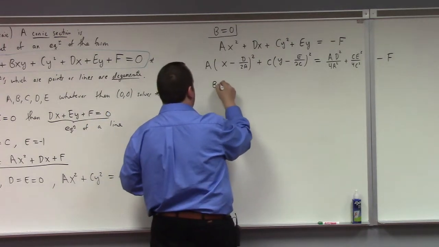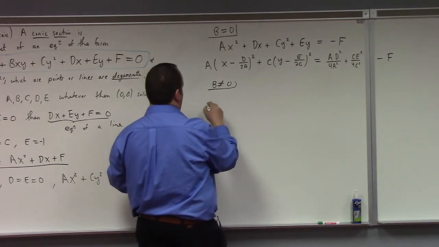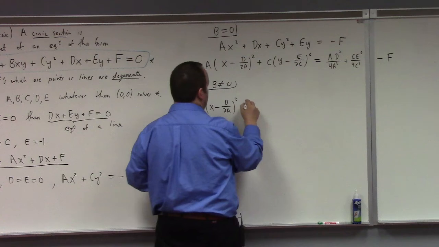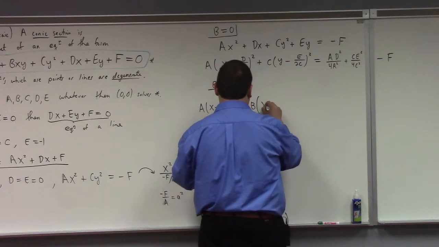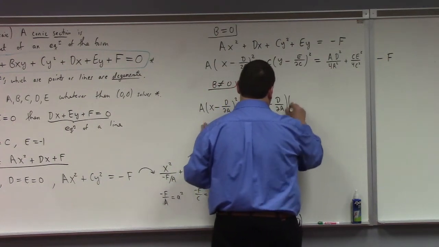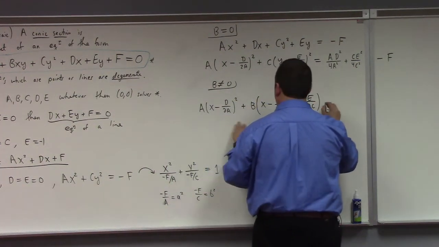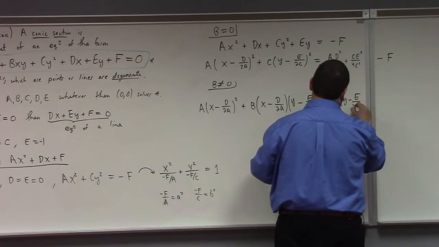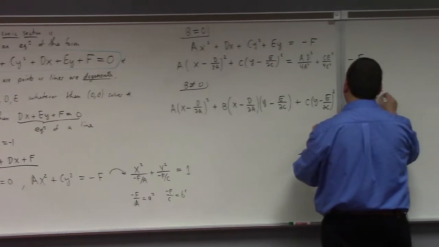I think we can just do the same thing, right? x minus d over 2a, squared, plus b times x minus d over 2a times y minus e over 2c, plus c times y minus e over 2c, squared, equals a d squared over 4a squared,